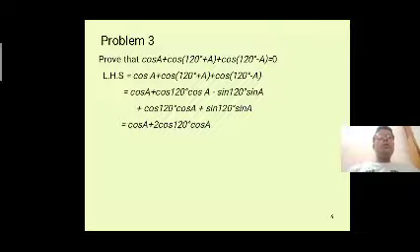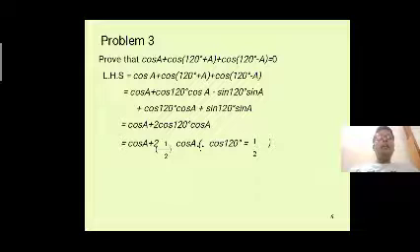You observe here one positive, one negative value will be cancelled. That is, minus sin 120 degrees into sin A plus sin 120 degrees into sin A will be cancelled. Now we write cos A, and in the place of cos 120 degrees, what is the cos 120 value? Minus 1 by 2. So we take in the place of cos 120 degrees minus 1 by 2 into cos A. The next step, the 2 cancels. Then we write minus cos A. We get cos A minus cos A, that is also equal to 0.